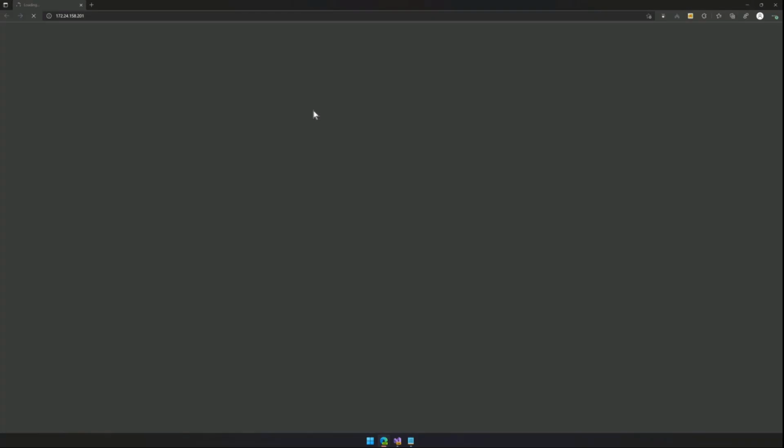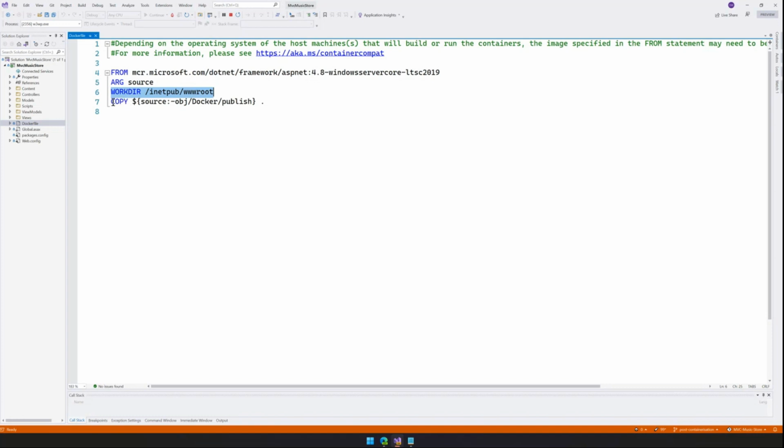Okay, cool. So that's going to debug. Just come back here. And then what we do is once we've finished building, because this runs after you do the Visual Studio build, we actually copy the output from the folder obj/Docker/publish, and we copy that across into our new container image, which is based on this mcr.microsoft.com/dotnet/framework/aspnet:4.8, which obviously has IIS installed.